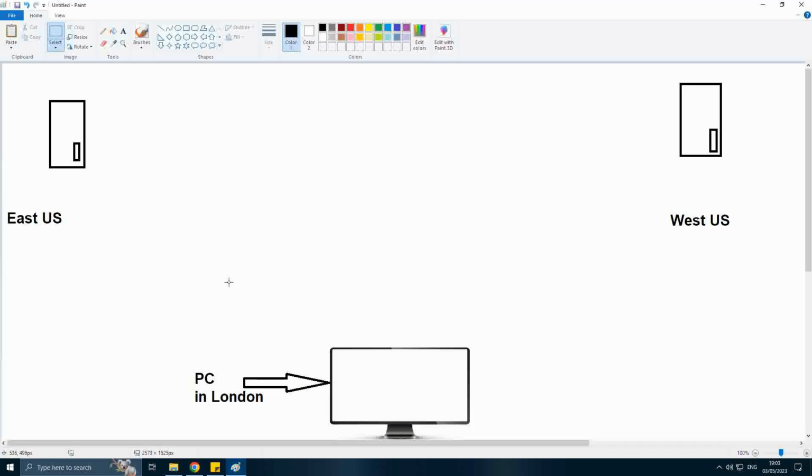Okay guys, I'm going to show you the plan for today's lab, then I will draw the draft architecture, and then we will do the lab. What you see on the screen is the plan. Say you are sitting in London with your personal computer, and from it you connect to two virtual servers. One is in the East US region in Azure and another is in West US. They both are running as virtual machines. The way you connect to these virtual machines is through a public IP address. So you do a remote desktop into these servers,